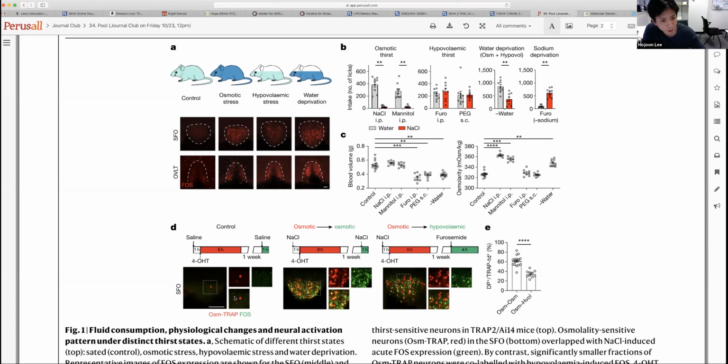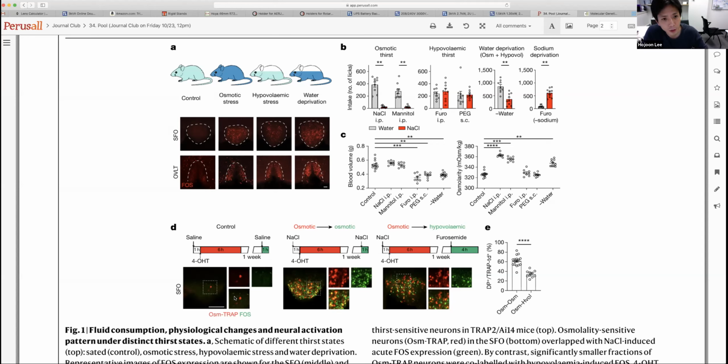Very good. Just a little bit more background with the SFO and the OVLT. Those are two regions where, if we look at the neuronal activity in animals that become thirsty, as you can see here with CFOS, these neurons are activated when the animal should be feeling thirsty, both in osmotic and hypovolemic conditions. Also,